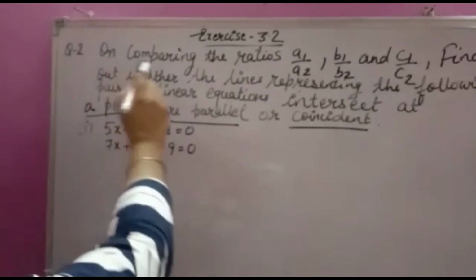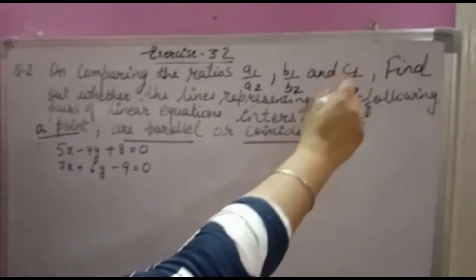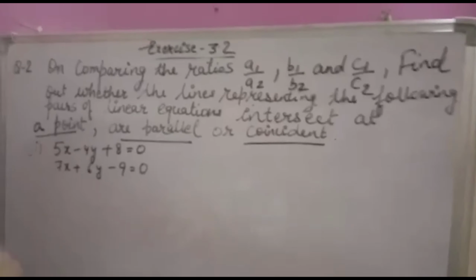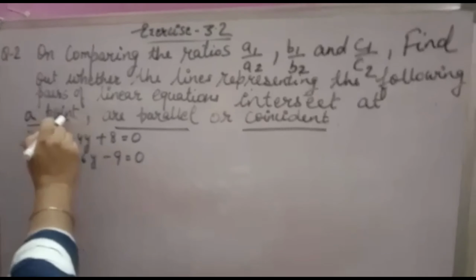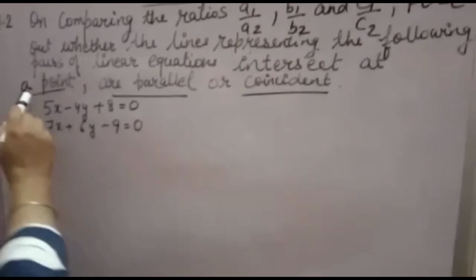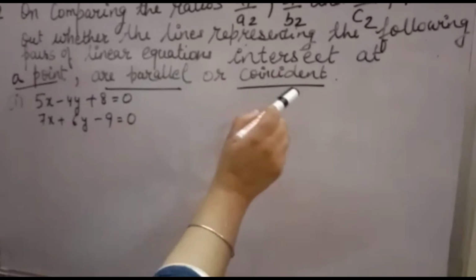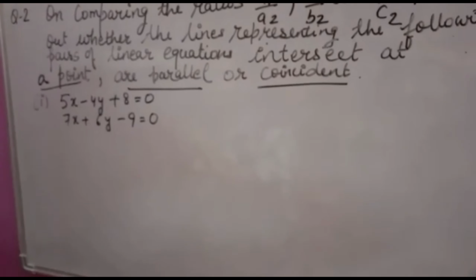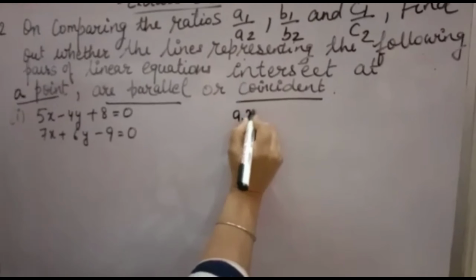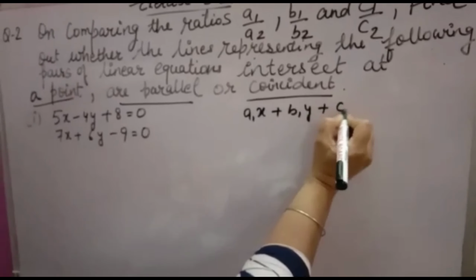9.2 question number 2, on comparing the ratios a1 over a2, b1 over b2, c1 over c2. Find out whether the lines representing the following pairs of linear equations intersect at a point, are parallel or coincident. Without drawing the graph, you have to tell by comparing the ratios. The method is, if two linear equations are in standard form, like this,